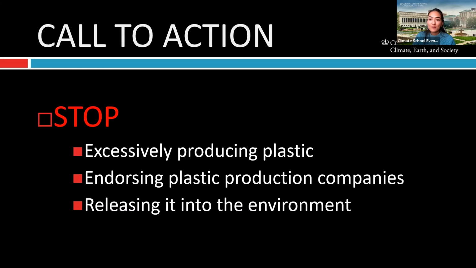From an individual perspective, that means we can stop using single-use plastic like grocery bags, water bottles, straws, cutlery, and takeout containers. That is something we can take upon ourselves as personal action and encourage our friends, family, and community